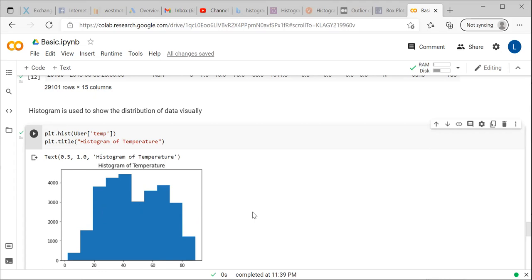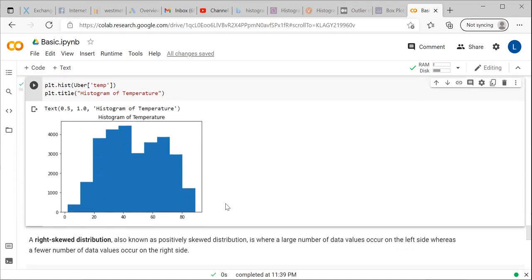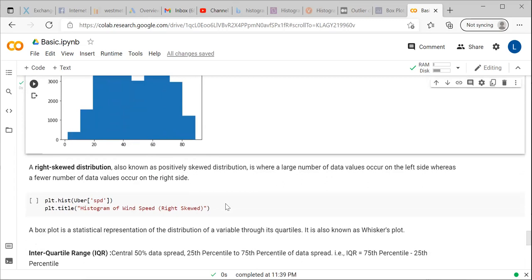In case of a histogram, we have already told you it shows the distribution of data. There are two types of skewed distributions available, which are right skewed and left skewed. Right skewed distribution is also known as positively skewed distribution, and the left skewed is nothing but negatively skewed.